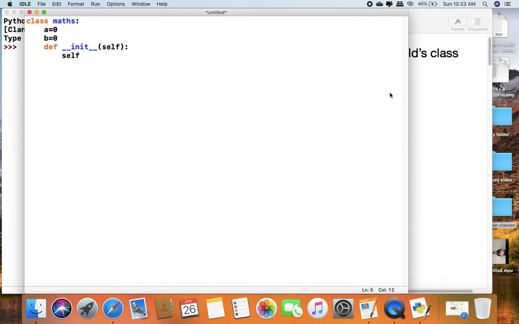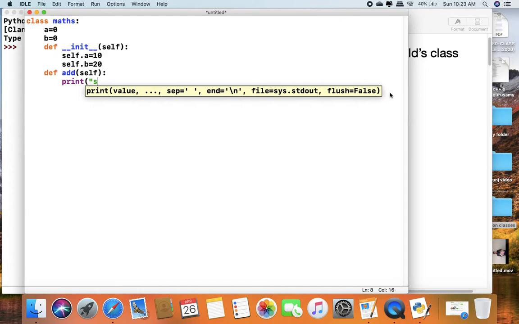So here I write self.a equal to 10 and self.b equal to 20. Here I write another function def add which has default argument self, and here I write print sum is self.a plus self.b.